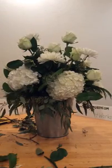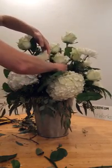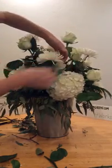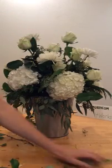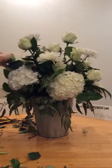Fill in a couple of little short ones just to fill in some of these low spots. Okay, just want him a little further down there. There we go. I just want him to kind of fill in some little spots there. Let me do one more little spot filler on this side. All right,